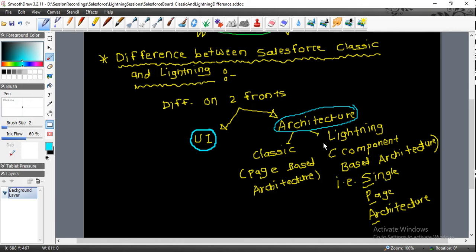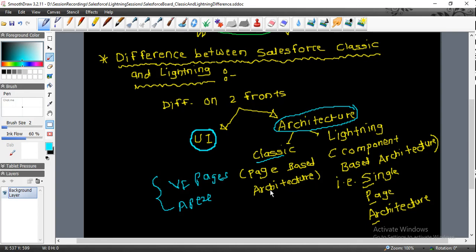The main thing: if you look at Salesforce Classic, your application will be in the form of Visualforce pages and Apex code. So that's a page based architecture basically. If you look at the application, you will have multiple Visualforce pages, and there will be some Apex code involved for business logic.